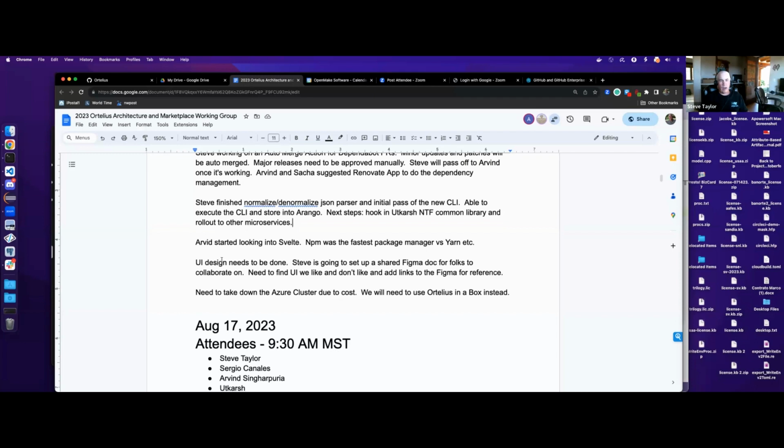We still need to do a UI design. I did not get around to creating this shared Figma doc. I will get that out there soon. So we'll get that going. One of the things with using Svelte as the front end framework, we will need to use the Svelte material UI components as well. Just because I looked at them and they have most of the controls that we need as components for Svelte, so we don't have to go and recreate anything from scratch. All the basics are there, even more than the basics.